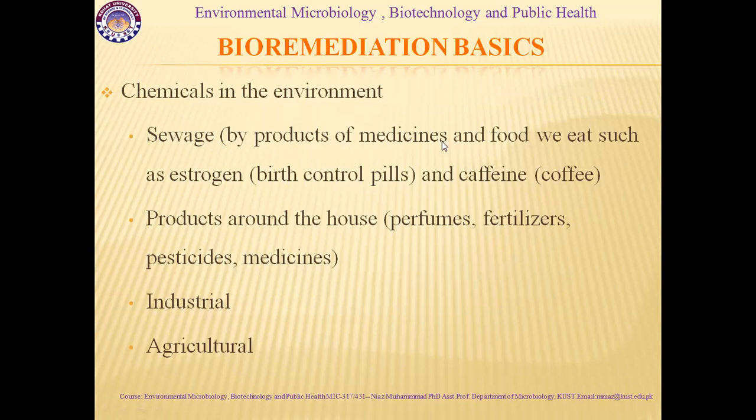So chemicals in the environment: sewage, byproducts of medicines and food we eat, such as estrogen, birth control pills, and caffeine, products around the houses, perfumes, fertilizers, pesticides, and medicines, industrial waste, and agricultural waste. These things are present mostly in the environment, and all of them must be biologically remediated, because these are pollutants. They survive in the environment for a longer time and can cause a negative impact on ecological systems as well as on the environment,